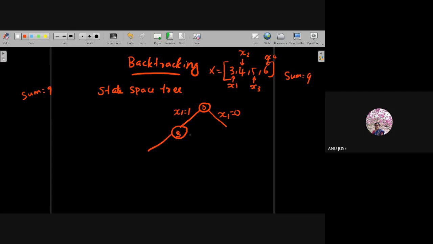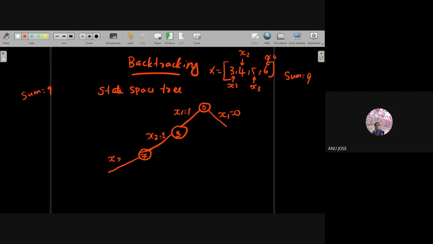Now I have two options. One is selecting my next element, that is x2. x2 is 1, so when I add 4 to the current sum, I am adding the second element also. So the sum becomes 7. Now the third element I am selecting and I am checking whether that will give me the solution.